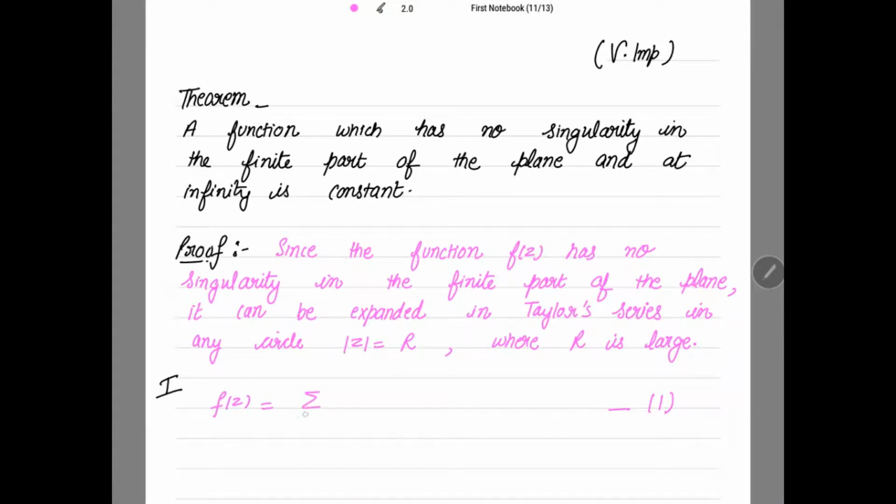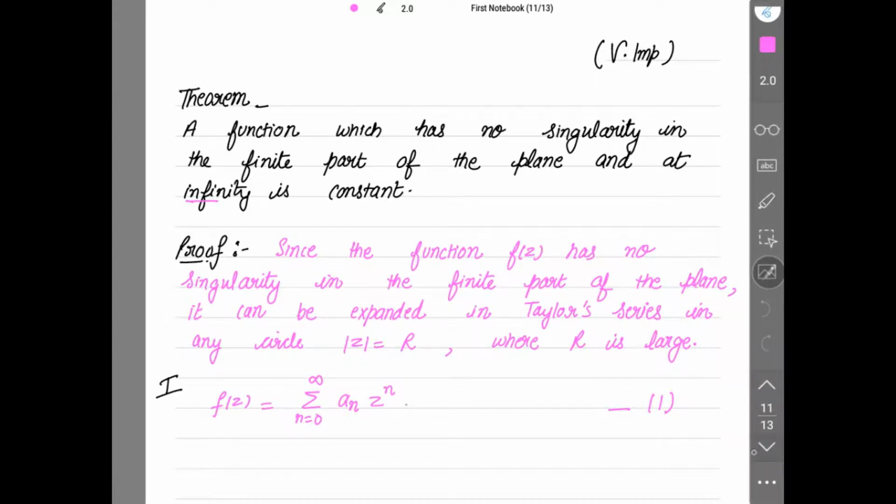So this is equal to summation n going from 0 to infinity, as in the Taylor series, I'm expanding this. So this is a_n z to the power n. Mark this as 1. Now again, f(z) has no singularity at infinity,